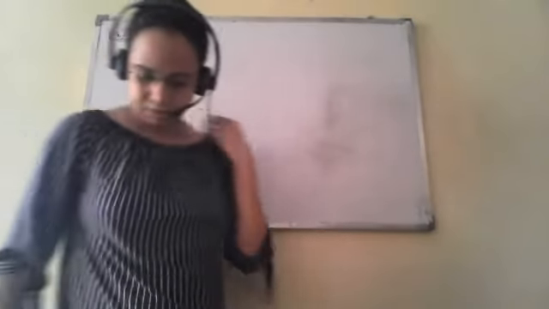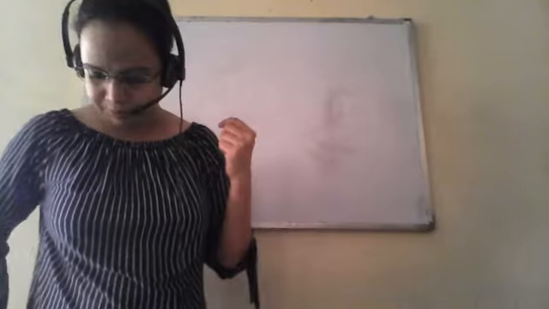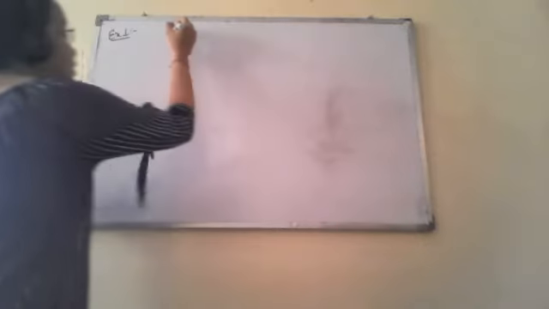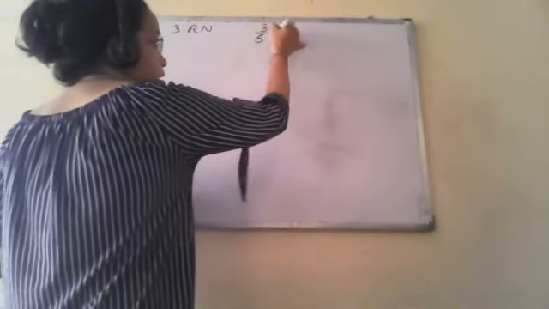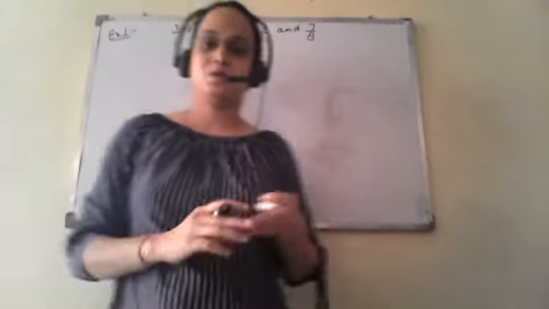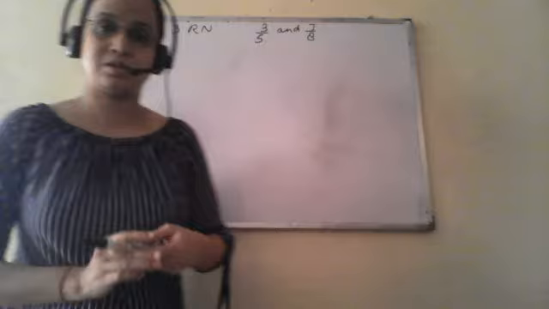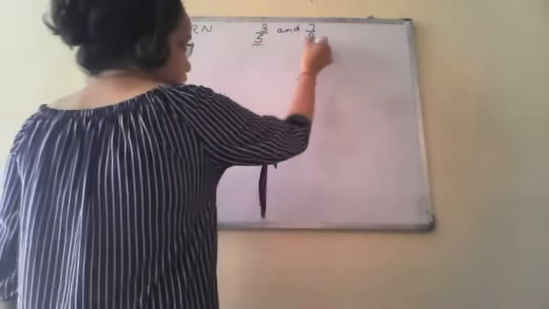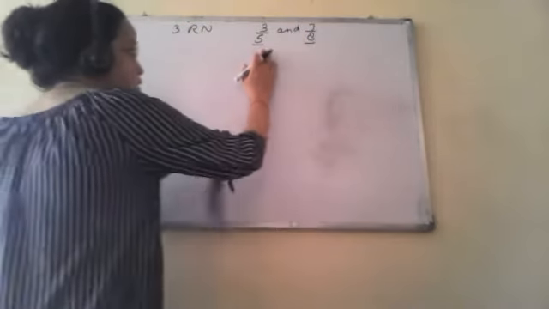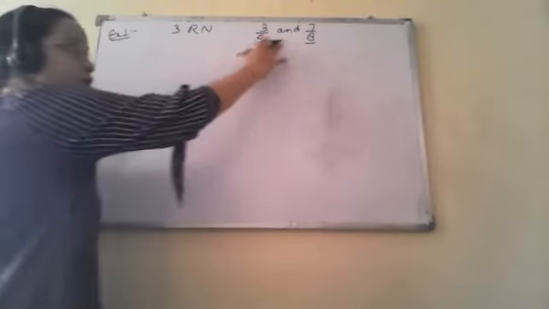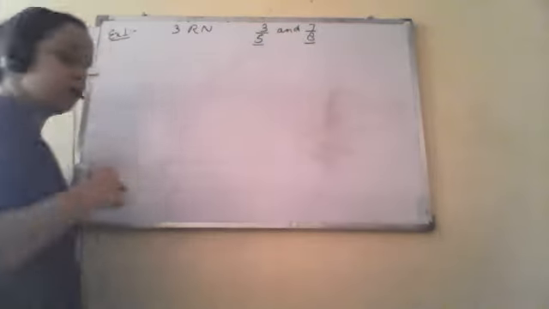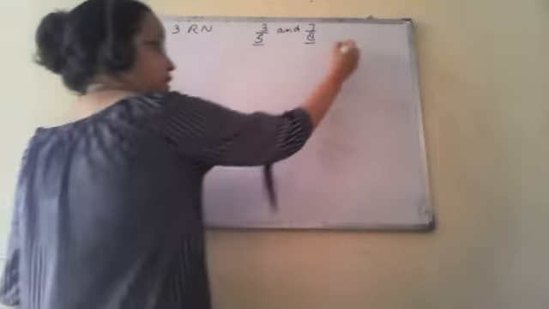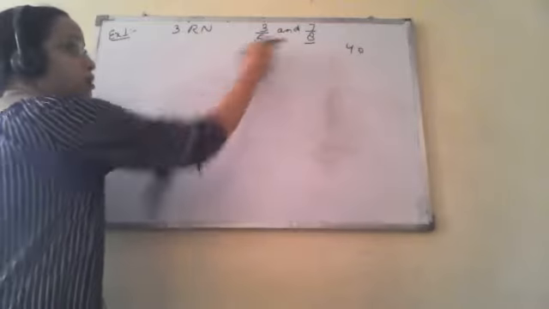So we have to find 3 rational numbers between 3 upon 5 and 7 upon 8. I have explained 4 methods, so you can follow any method. I'm going to explain it by the last method which I explained in the last video. First we have to make these into like terms, so we have to make their denominators equal. For that we need their LCM. LCM of 5 and 8 is 40. Clear?